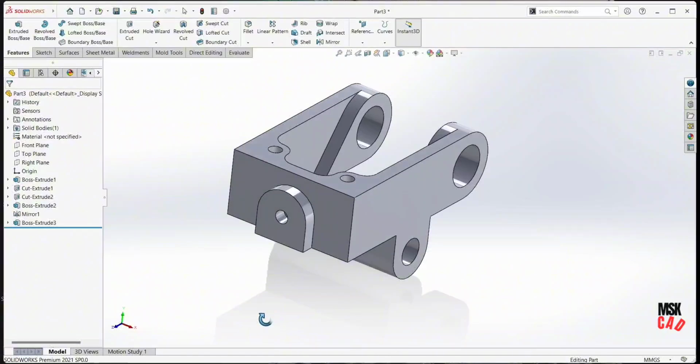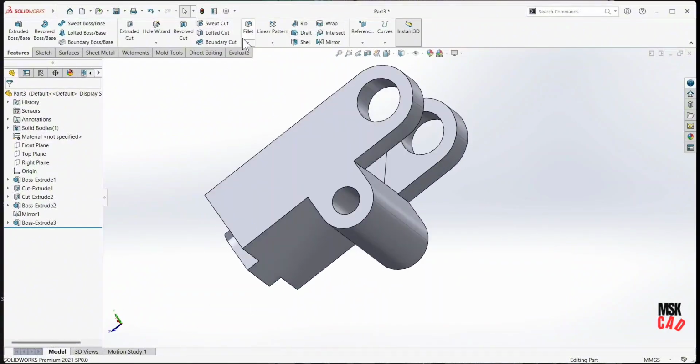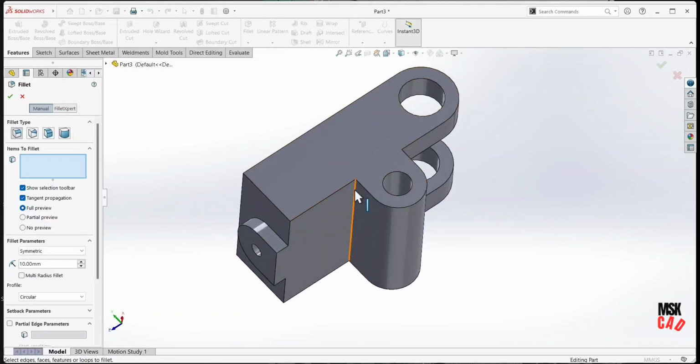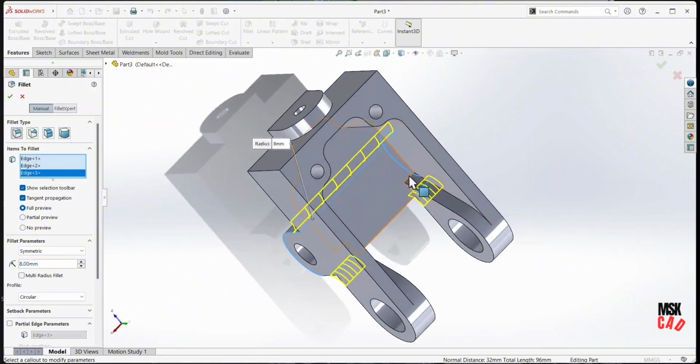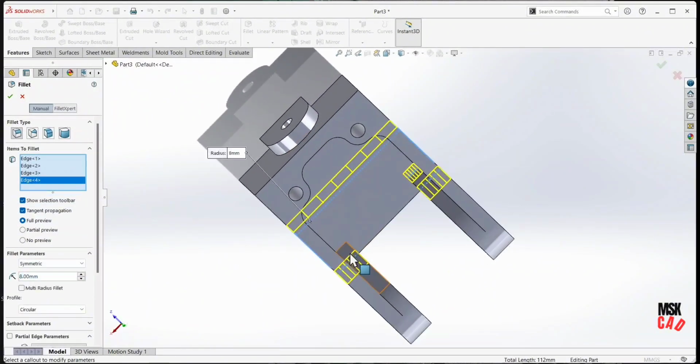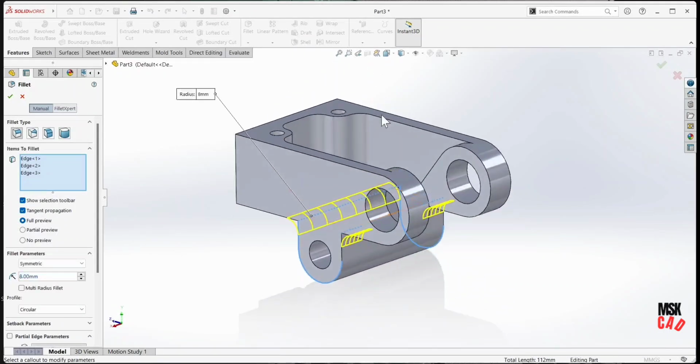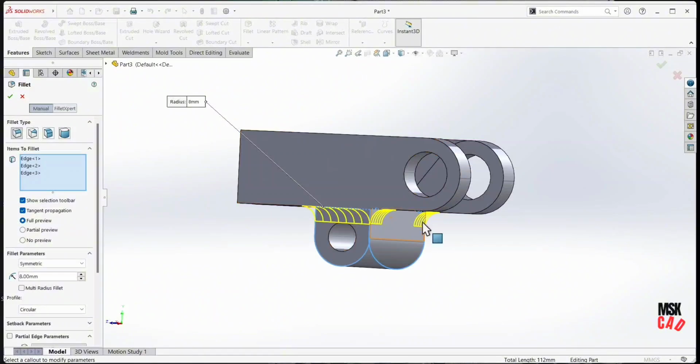Okay, and the next step is fillet. We need here one fillet, the radius 8 mm, and just delete it here, here, here, not here. Okay, 1 2 3. Okay,